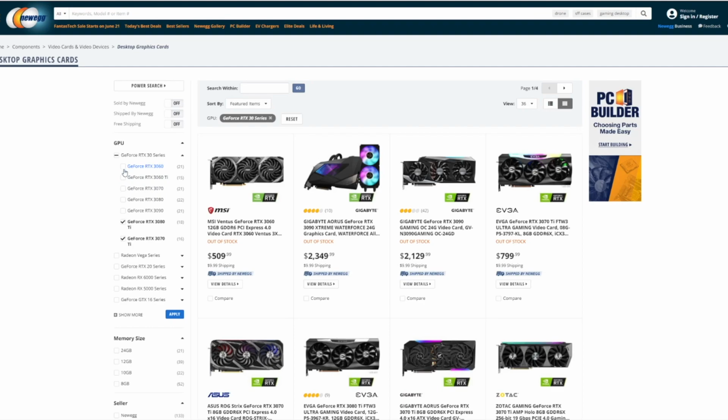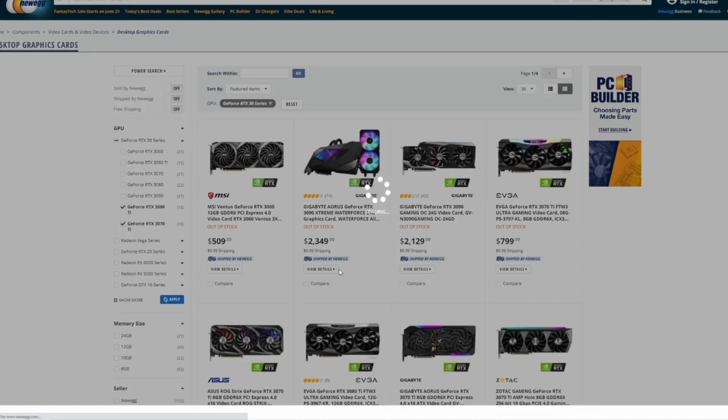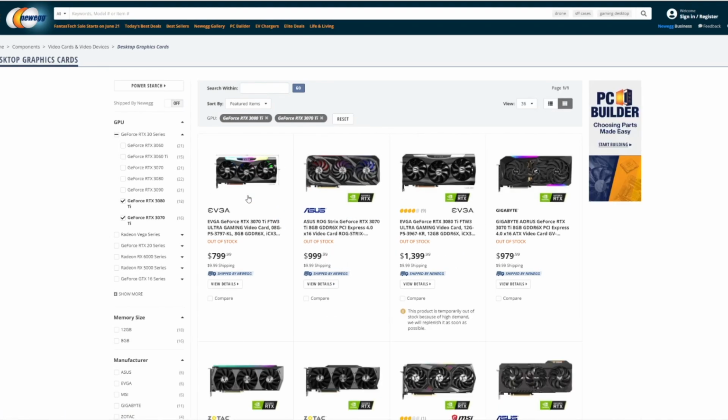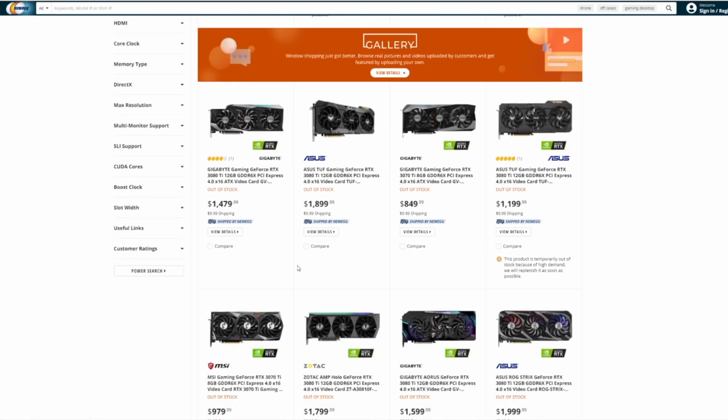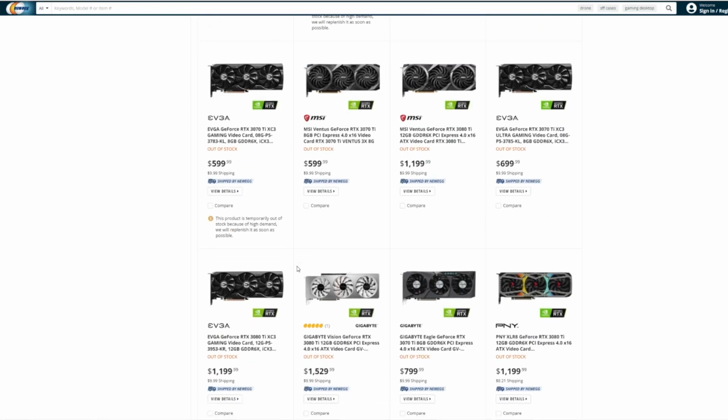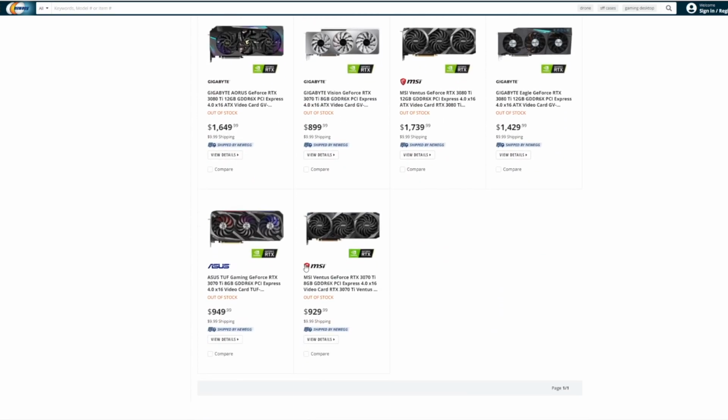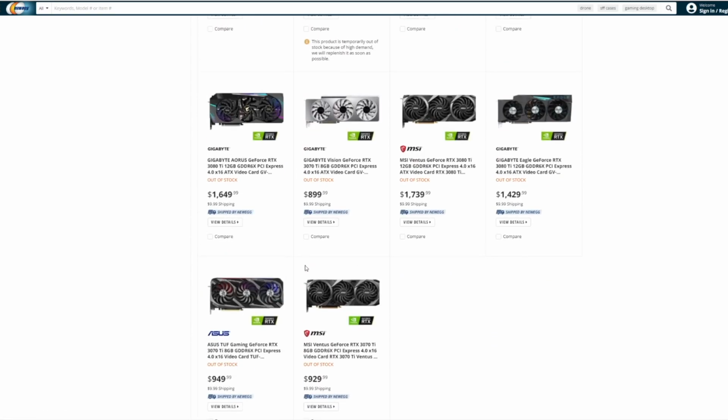So you can make your search as precise as you want, right? And then from here, you already know what items are in stock, right? So you can see, I don't know, maybe 40 graphics cards in one go.